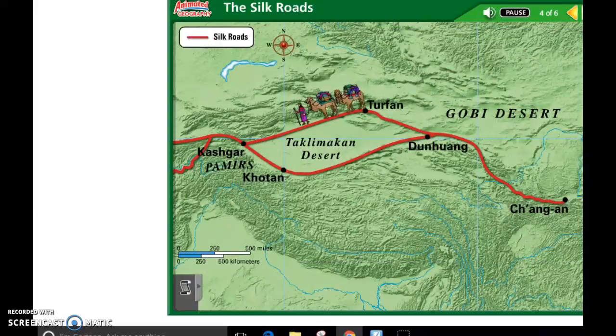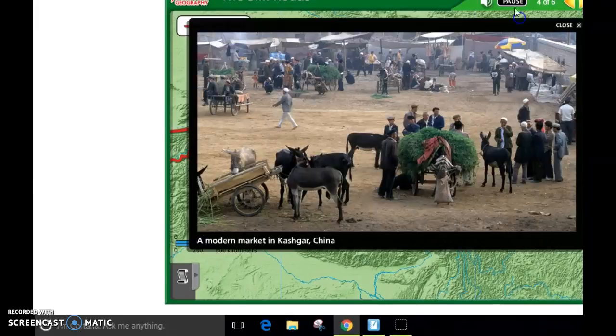Those who survived the desert crossing reached the oasis city of Kashgar, located at the midway point of the Silk Roads. In the city's markets, traders from the east and west hoped to spread